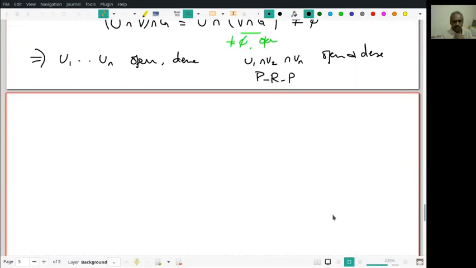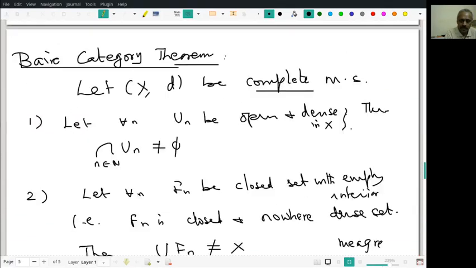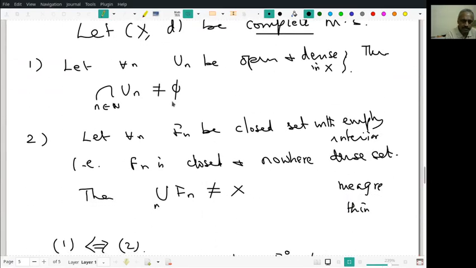Okay, let's start with the proof. Now the proof actually starts only now. So what do I want to claim? I want to prove the intersection of the U's is not empty, but I set out to prove it is dense. That means you are going to give me a non-empty open set V in X. I have to prove V intersected with the intersection of the U's is not empty.